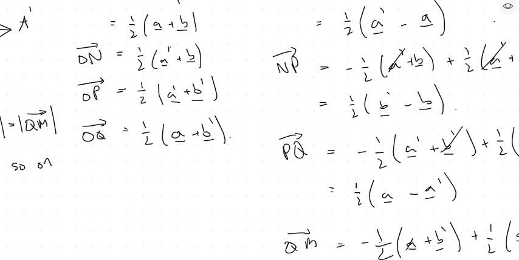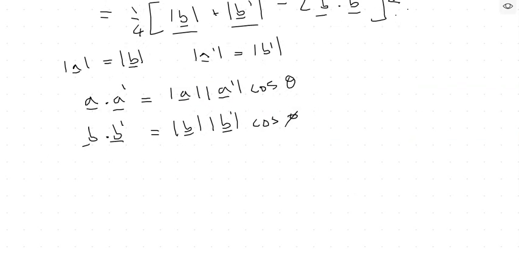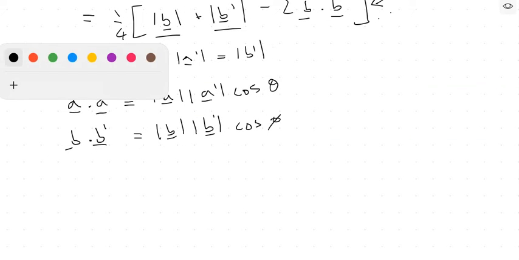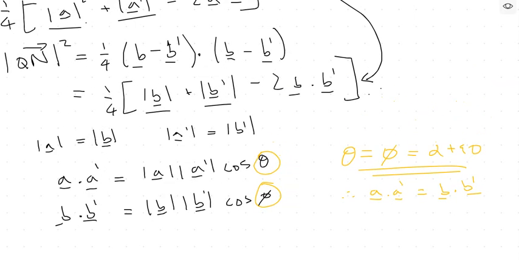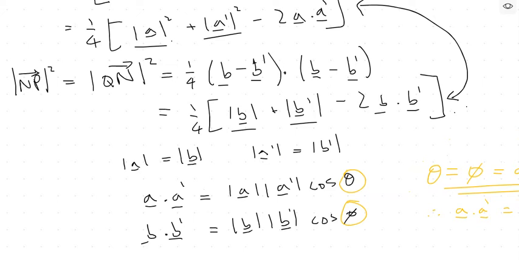Right, so theta equals phi equals alpha plus 90, right? They're both the same. So therefore A dotted with A dash is equal to B dotted with B dash, because these angles are the same. Okay, so we now have